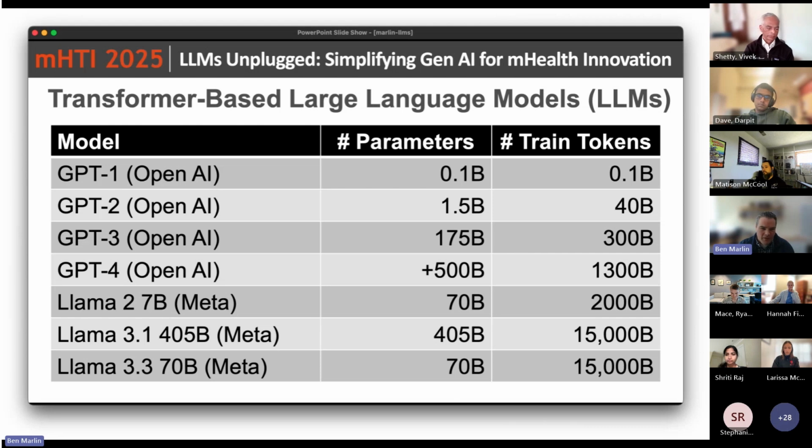Training these models is very expensive because the models are quite large, and the amount of data used to train them is also large. The number of training tokens is represented on the far right column. So you can get some sense of how much data are going into these models. And again, this is in billions of tokens. The GPT-4 model underlying the current ChatGPT was trained on about 1.3 trillion tokens of data. The Llama models have been trained on even more data, up to 15 trillion tokens of data. So very, very large scale training data to learn these models with very, very large numbers of parameters, right?